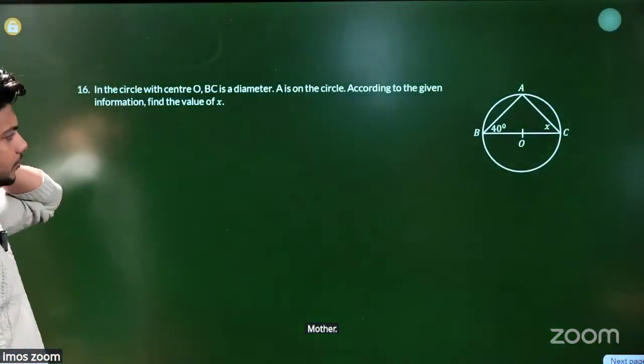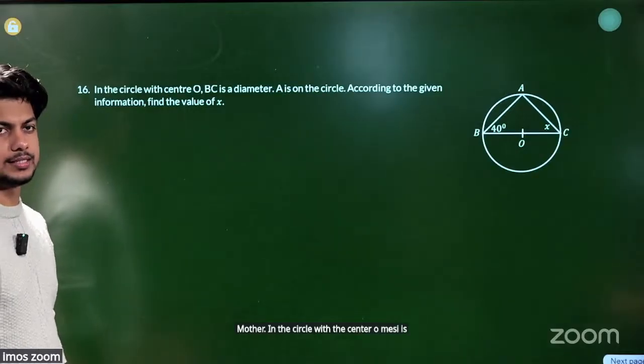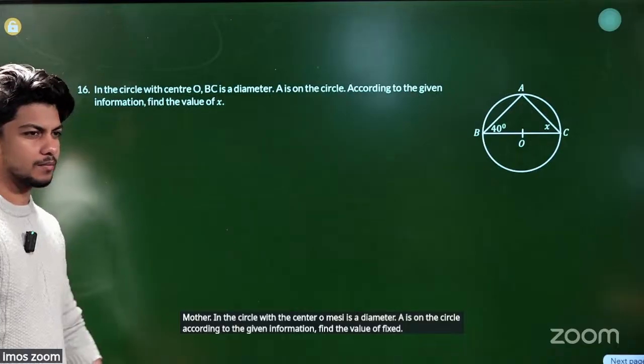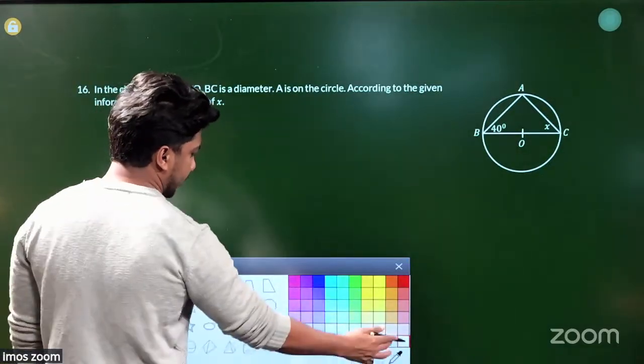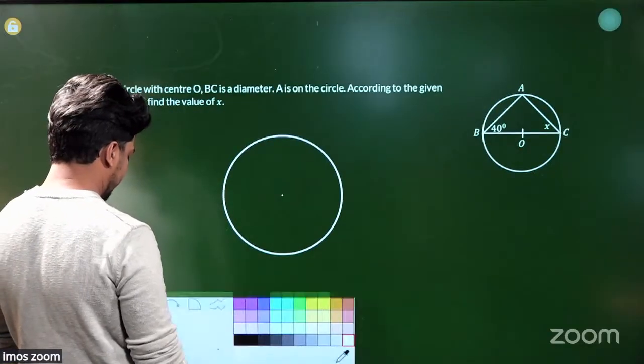In the circle with center O, BC is a diameter. A is on the circle. According to the given information, find the value of x. But you already know this. The angle in a semicircle